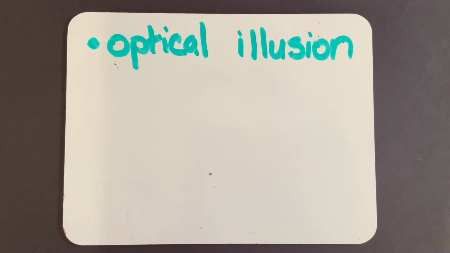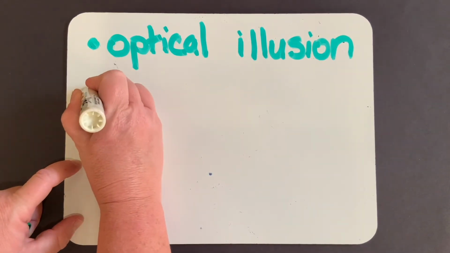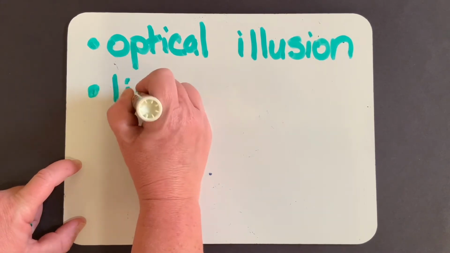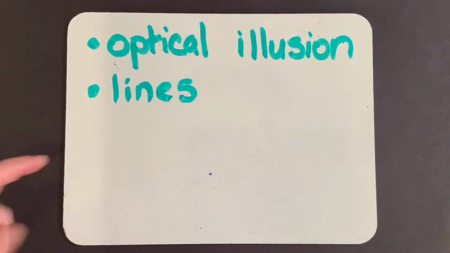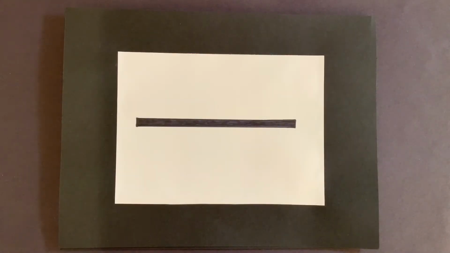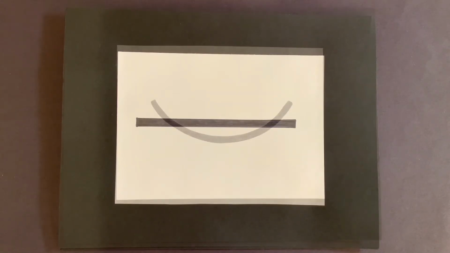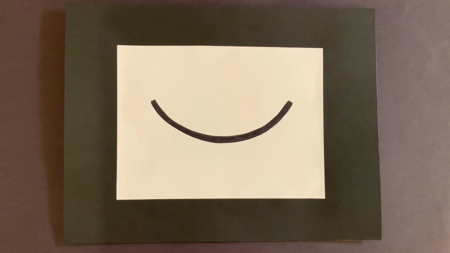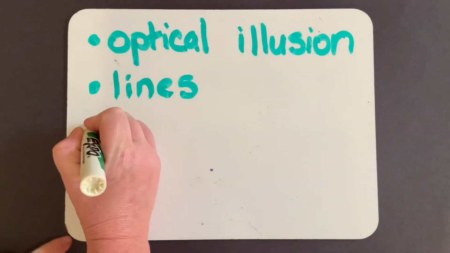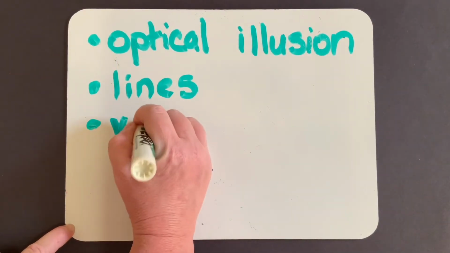In order to create this optical illusion that I just showed you, we are going to need to draw a couple of lines. We're going to draw a series of straight lines going in different directions, and we're going to draw curvy lines going in opposite directions. We're going to draw both these straight and curvy lines with a pencil. We are also going to be using